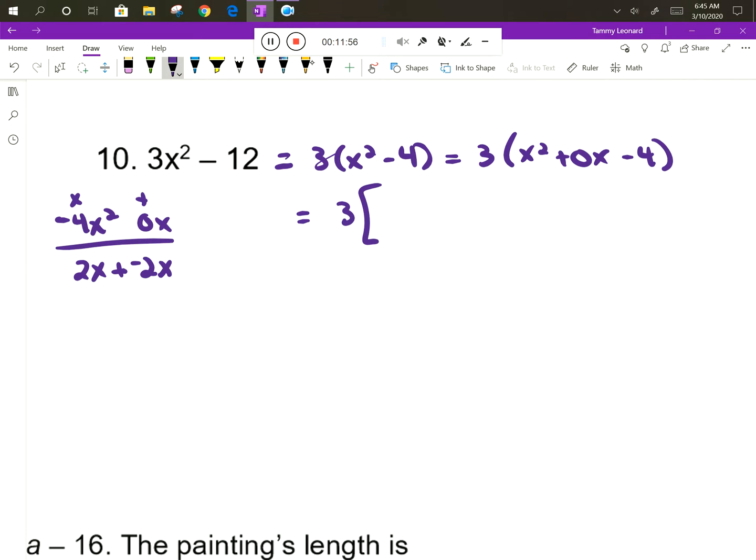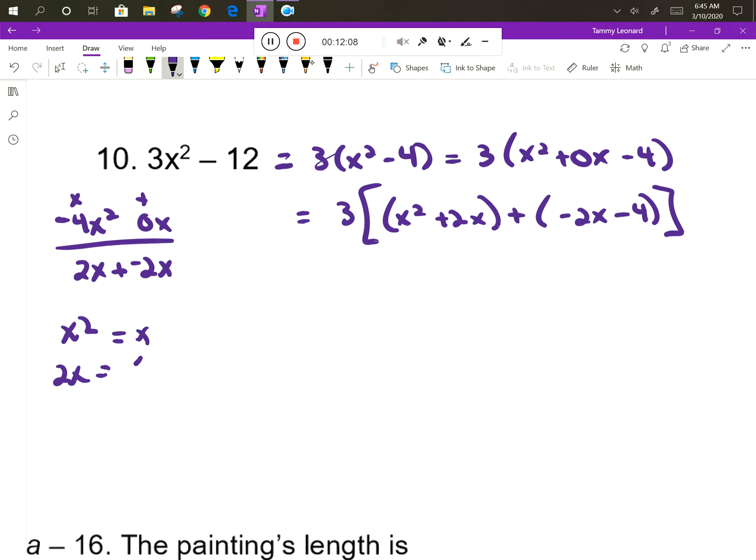We're going to split that middle term and group the first two terms together and group the second two terms together. So x squared and 2x have a GCF of x. The top needs to be multiplied by an x and the bottom by a 2. So we're going to factor out the x that they have in common and leave x plus 2 in the